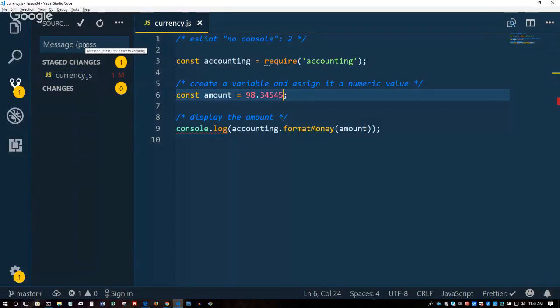If I want to git commit, that's here, the check mark. Notice the tooltip there is commit. But before I commit, I can say a message, edited currency.js. Commit. To push it,